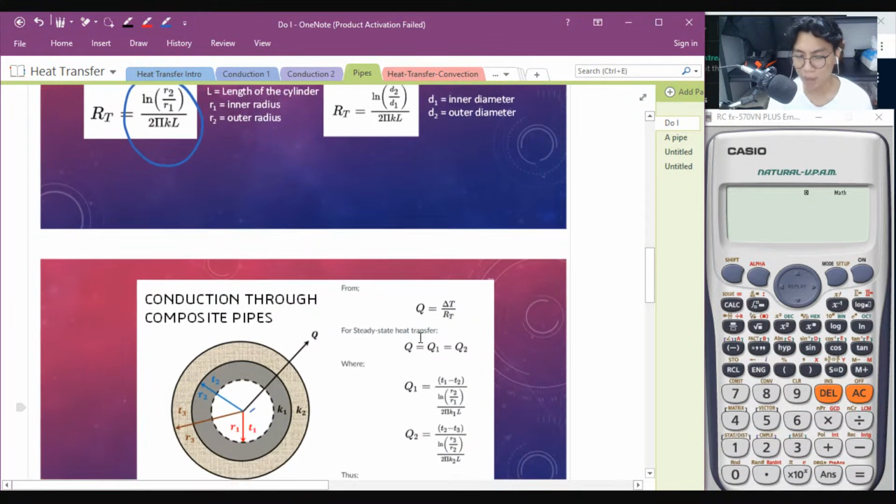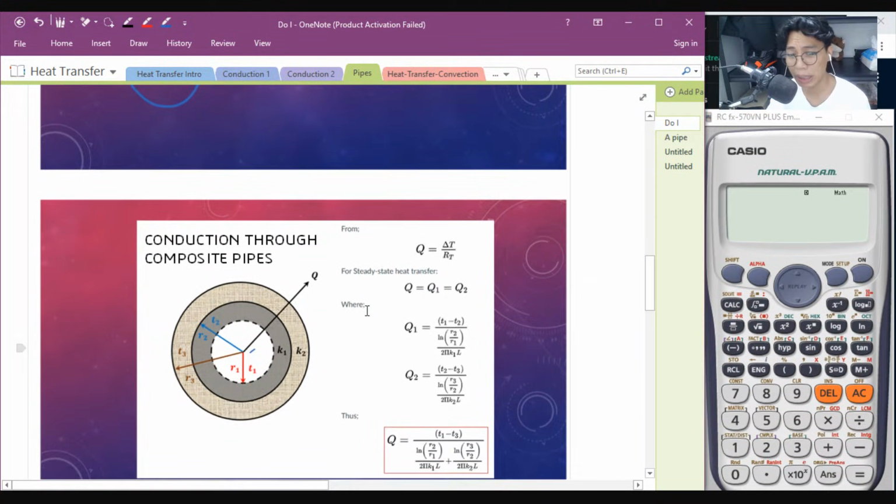How about, sir, kapag naging composite pipe yan? Hindi naman pwedeng bare pipe lang yan, okay? Hindi lang pwedeng pipe lang siya, mainit siya. Hindi mo babalutan. Kapag di mo binalutan, magkakaroon ka ng heat loss. Kapag nagkaroon ka ng heat loss, mas mataas na energy ang i-exert mo the next time a fluid will pass through the pipe.